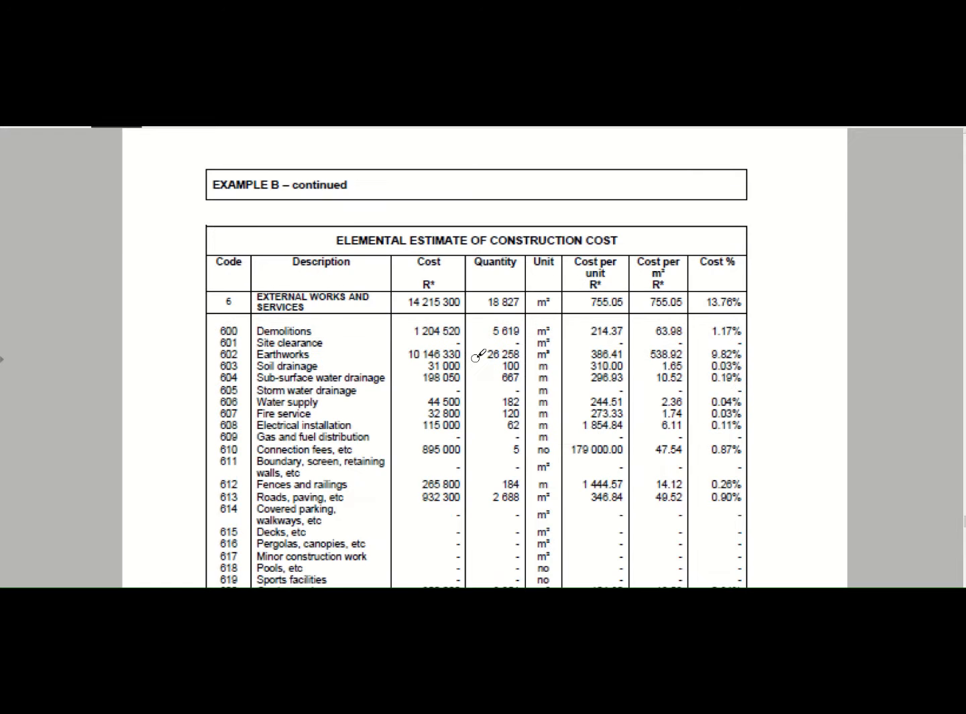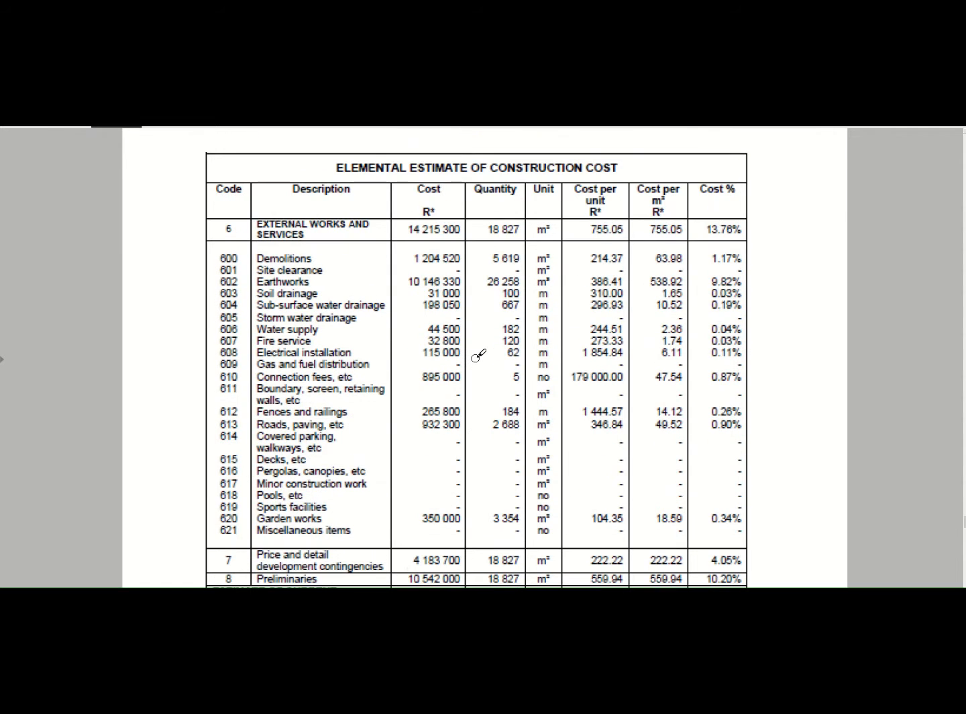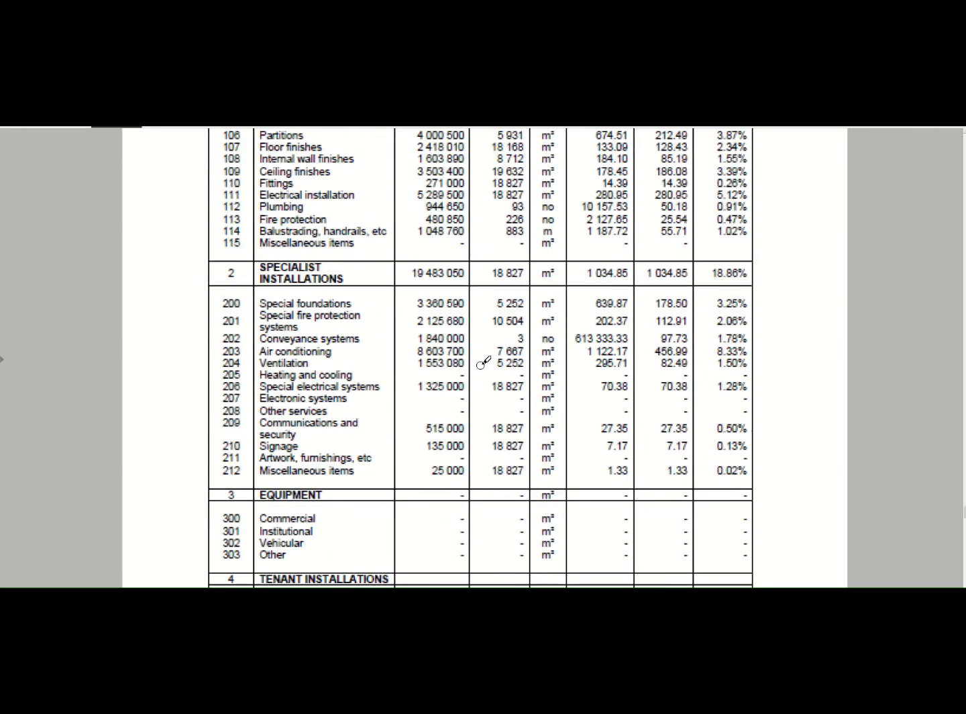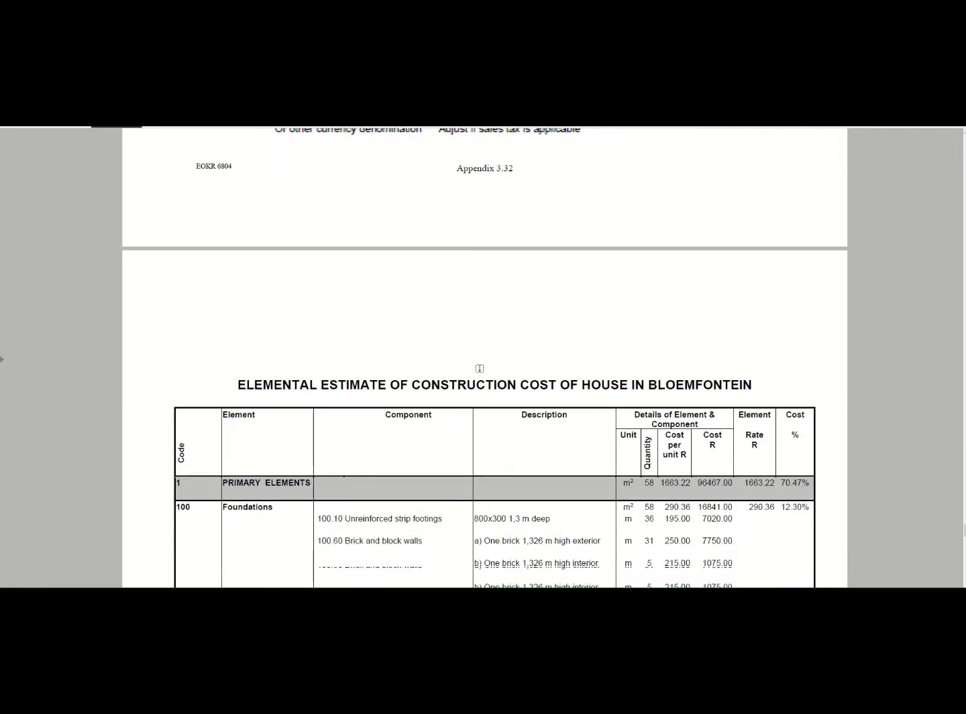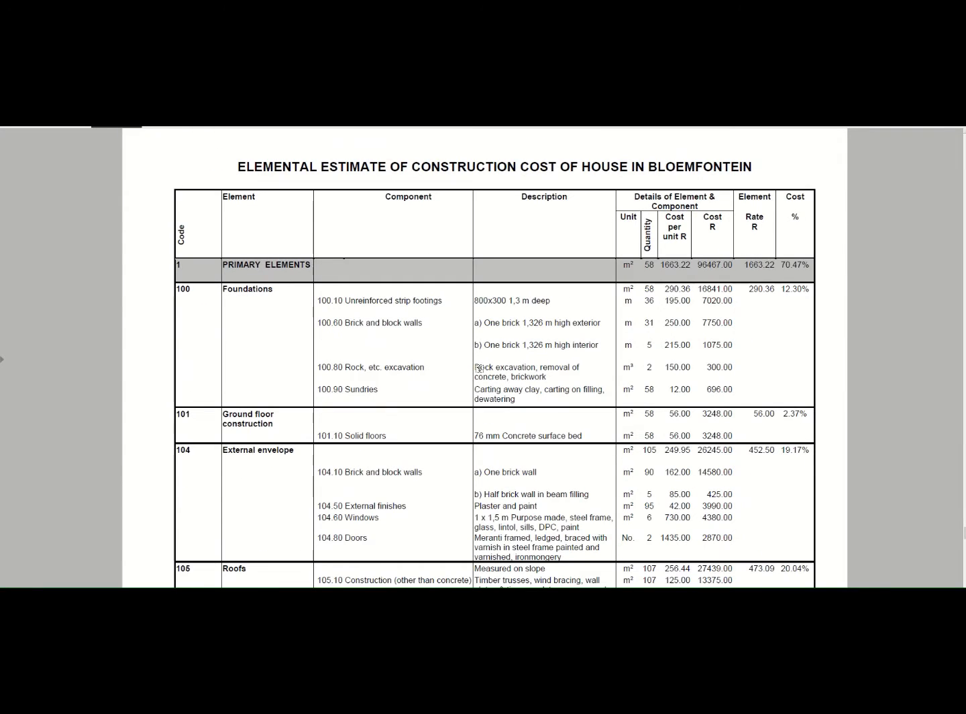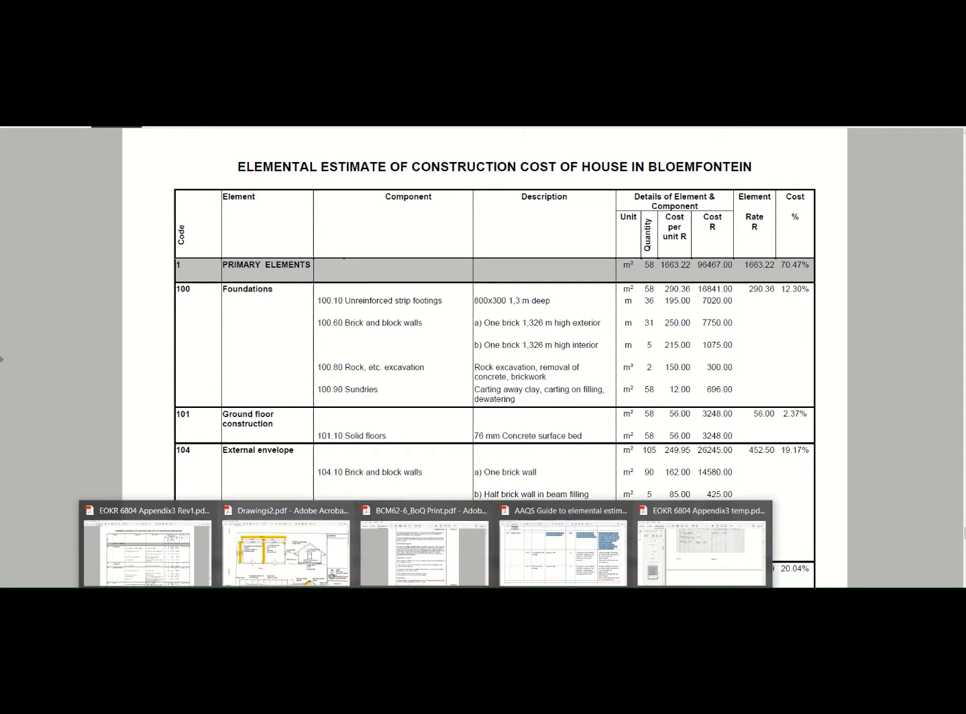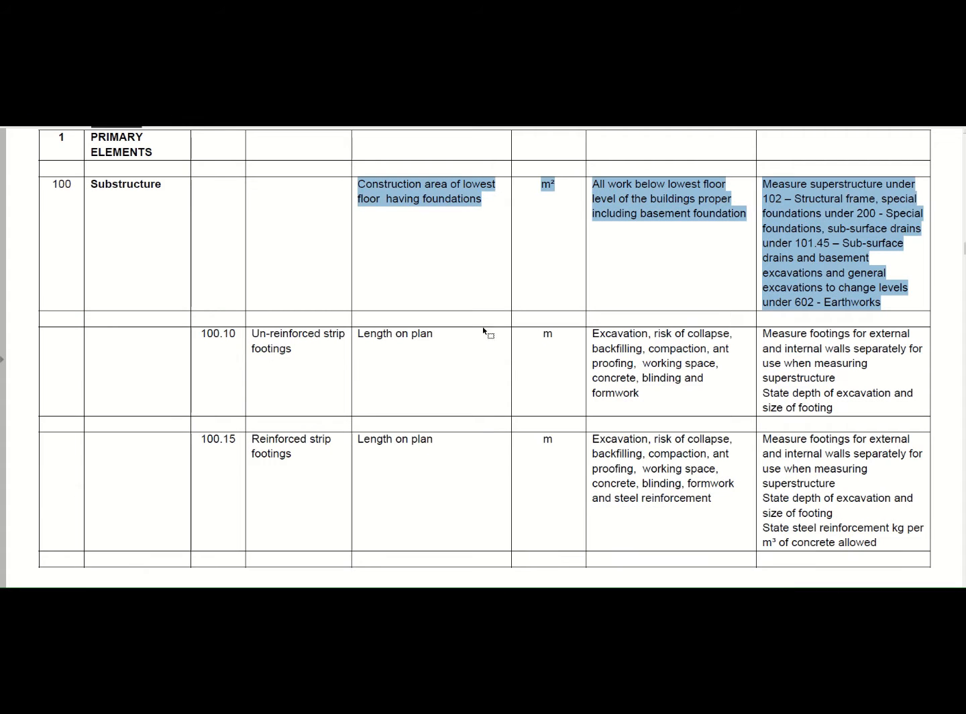Okay, welcome back. This is where we left off. I just went through the different sheets and the displays of it, and now in this video we're going to look at the actual measurements and how to bring it forward into your elemental estimation. Again, if you go to your component level or your elemental guideline, our first item